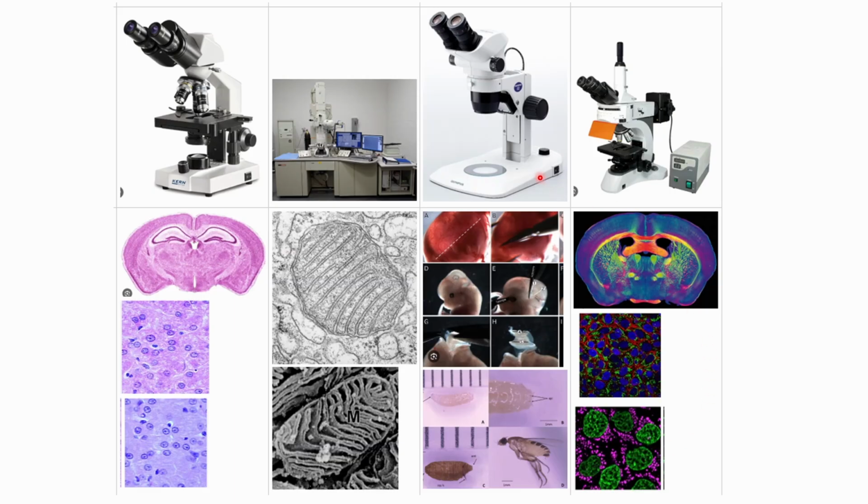Anyway, in general, I just want you guys to appreciate that there's a lot of ways wherein we can appreciate or see microscopic anatomy or microscopic structures because we have different microscopes. And depending on the specific question or structure that we want to see, we would have to use different microscopes. But again, for the majority of the things that you will observe when doing histology or histopathology, the light microscope is usually enough.